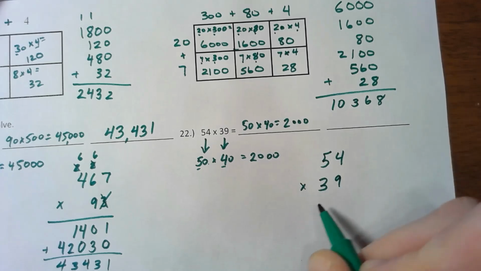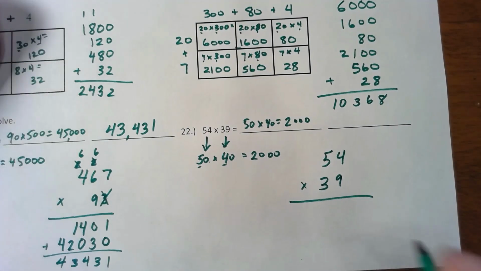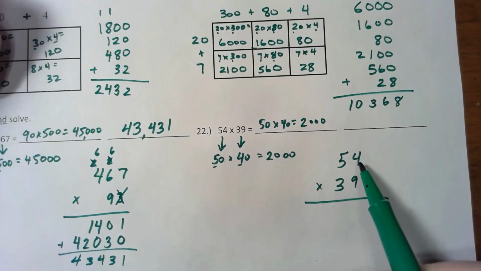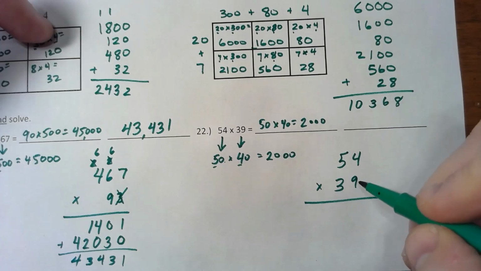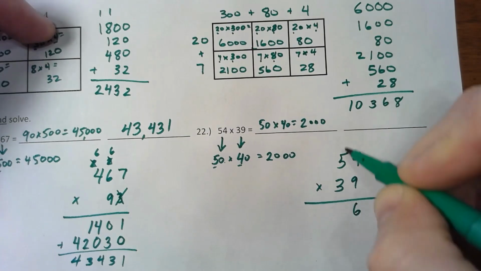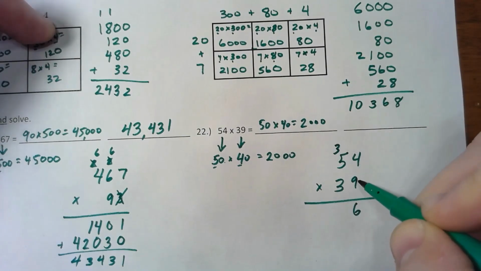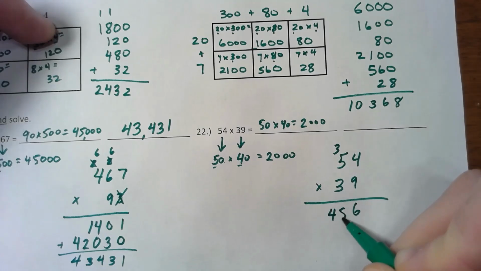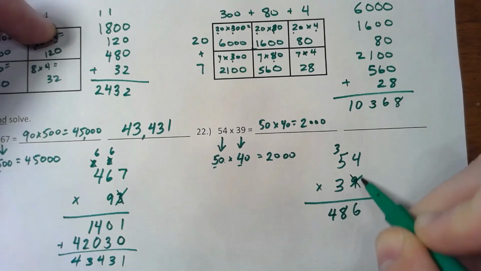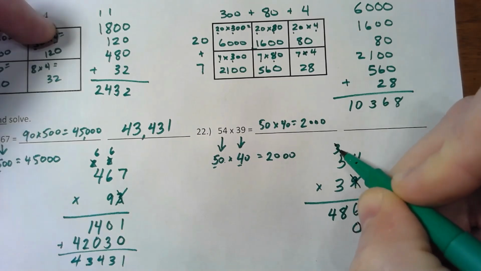answer, if I'm doing traditional multiplication, I want to write the factor that has more digits on top, but in this case they both have the same, so I can go ahead and start. 9 times 4 is 36. Carry the 3. 9 times 5 is 45, plus 3 more is 48. I'm done with the ones place, so I'm going to put a 0 to bump myself over to the tens